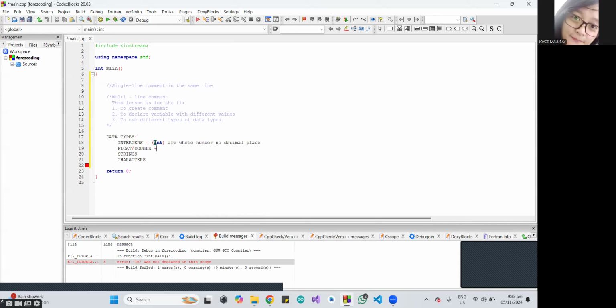And then for the float or double, it is numbers with decimal place. You can use float or double. And then strings are a combination of characters,